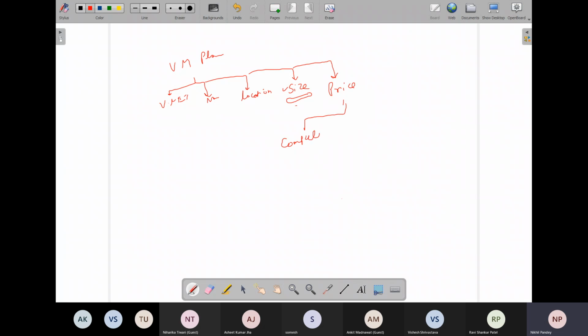On the compute part, there are two options. First one is consumption based. Until now we have looked into just the consumption part, where we are being charged per hour. We can see 8 rupees per hour, or on a per month basis or per year basis. So there is another model, that is reserved VM. There is another option for the compute part, reserved VM, where you can reserve your virtual machine